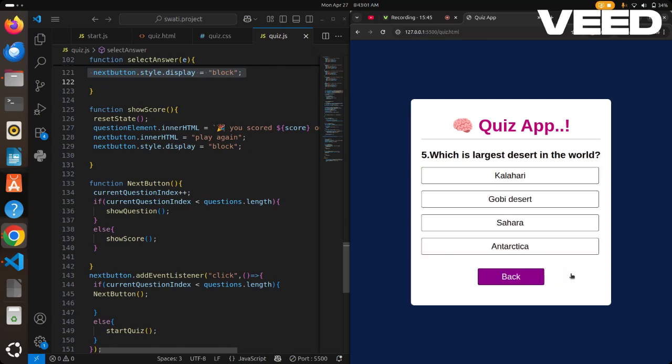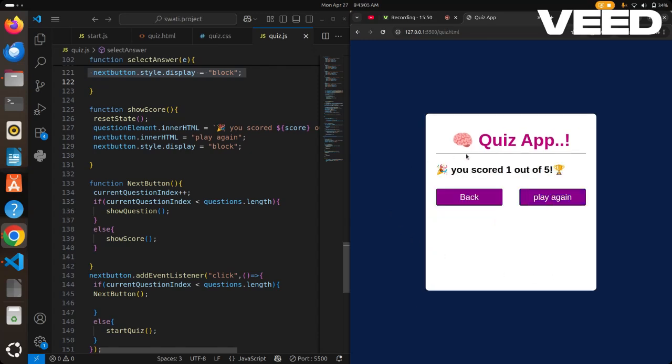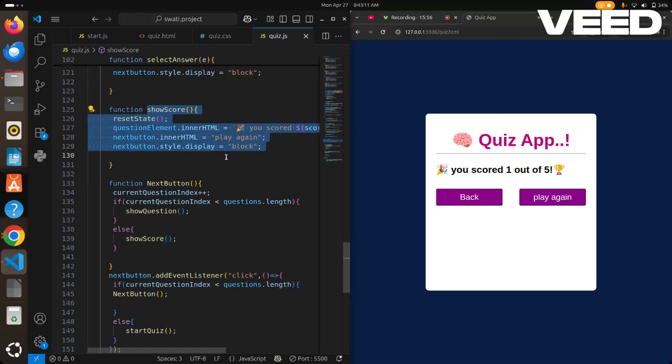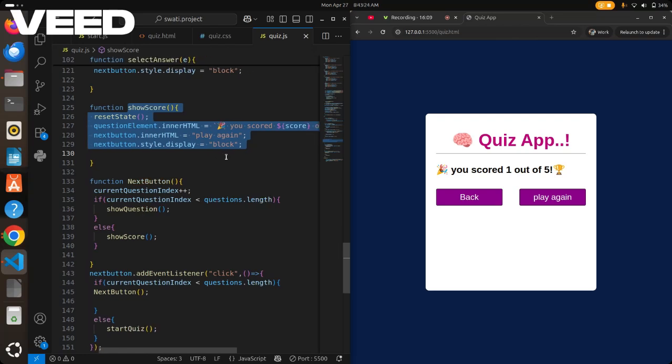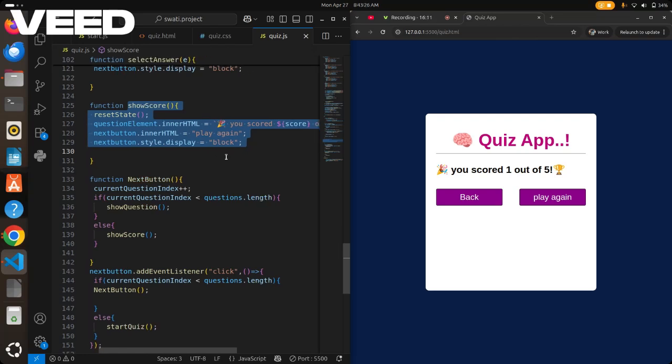Then at the end you can see I store the five questions in an array. If the fifth question is ended here, you can see your result. Why? Because of the function score. I make here one function that is showScore, and in that I call the resetState function. In that you can also see questionElement dot innerHTML will show your score.